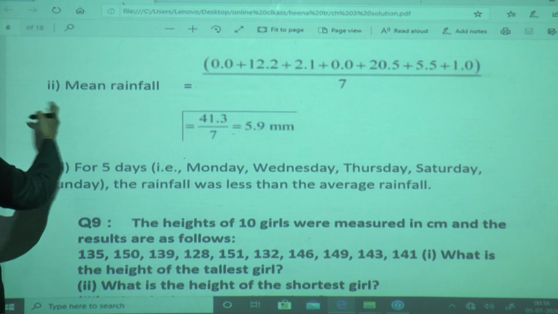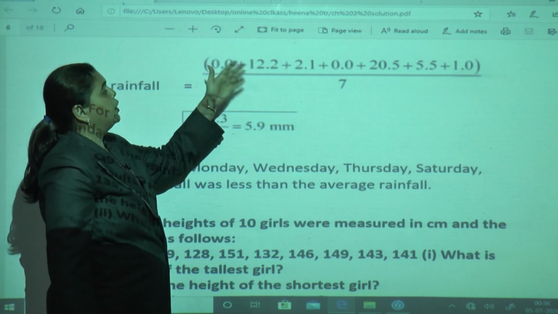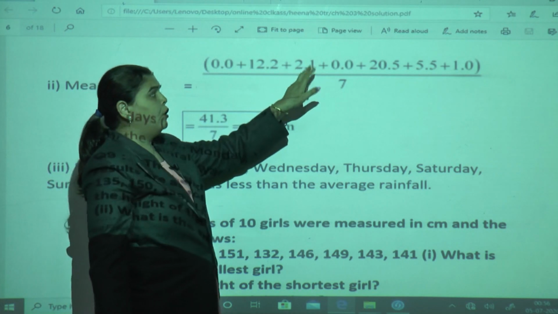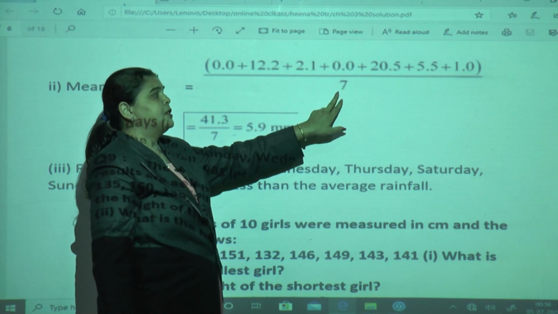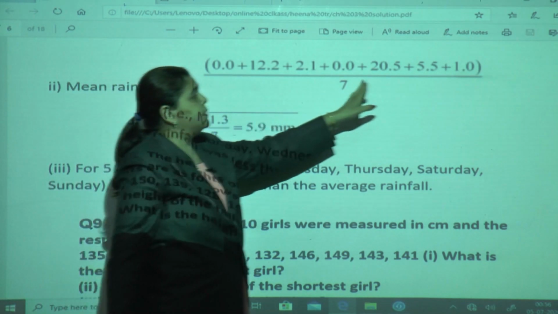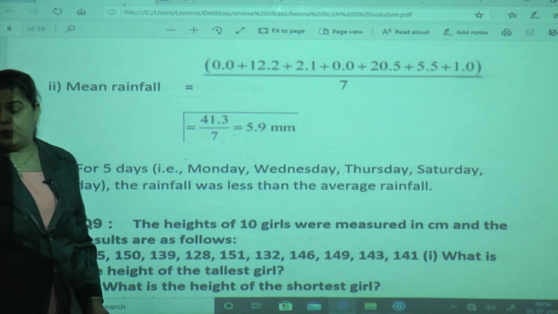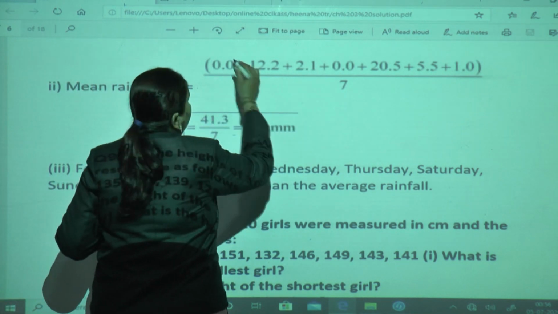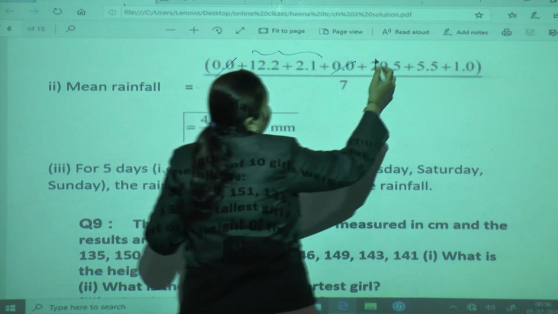Mean rainfall, the arithmetic mean, is equal to the sum of observations, which is the total of the rainfall of all the days, which we got in mm. We have to add it, and how many days were given? Seven days of a week. So we have to add this. If you are finding it hard, you can do it in sets, or if you don't consider the 0s, you can add these two and you can add these